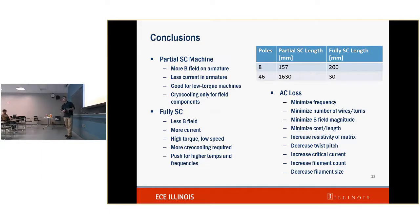So a quick conclusion based on all of this. First, I'd like to point out some comparisons to the previous work that we did on partially superconducting. There's still some work going into this, but just for a general trend, at 8 poles, our partially superconducting length was 157 millimeters as its active length, but the fully superconducting length was 200. And at 46 poles, a much larger machine, the partially superconducting length was huge, whereas the fully superconducting length is